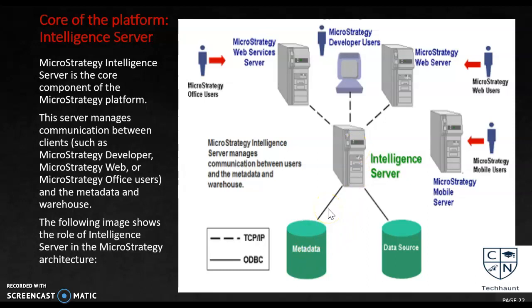Okay, as part of this process, everything from authenticating user permissions to prioritizing jobs to caching reports and results is performed by the intelligence server only. The user sends their request in their own language, and then the intelligence server interprets that language into the data source, sends the request to the metadata, and gets back the data into the intelligence server. Then it provides the data report results in the user's language. So that's also the working of the intelligence server.